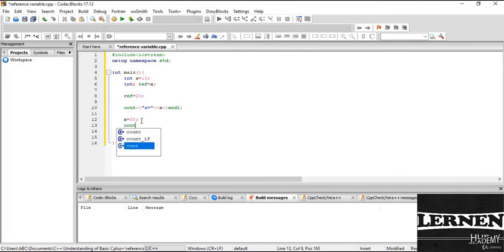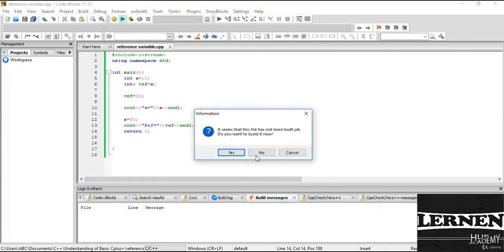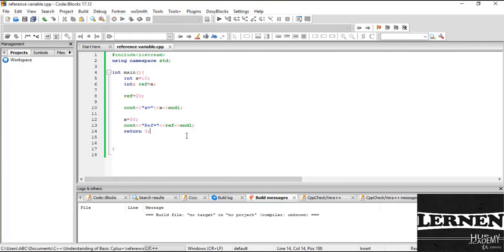So cout here is, I write reference which is equal to, and I print reference here and then endl. And at the last I write return 0. Okay, so now I run this code, and yes,